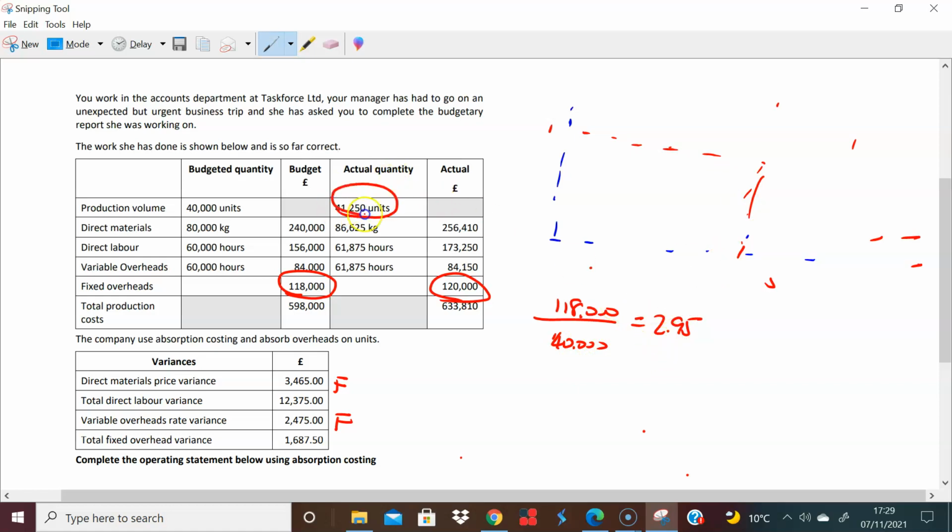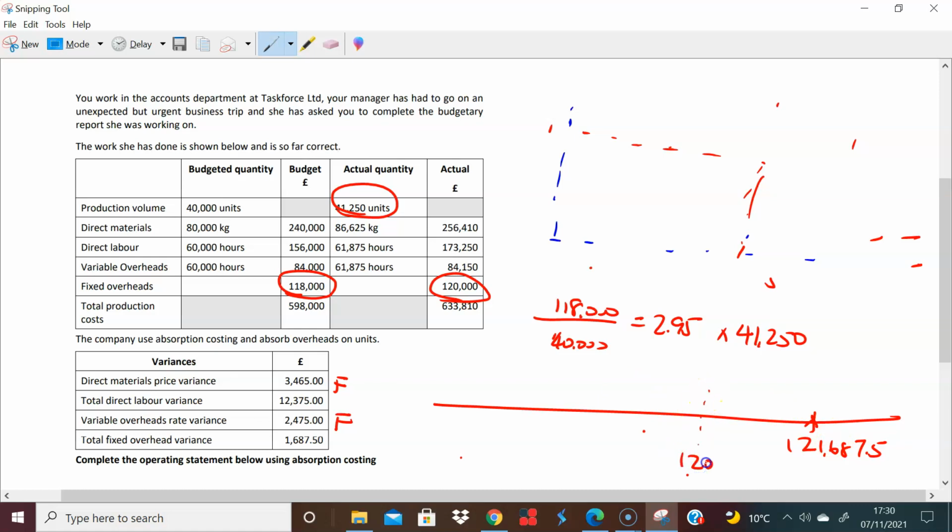So you make 41,250 units. So that's times 41,250 units. And so therefore, you've put into your system so far 121,687.5. That's what you've put into your accounts, if you like. That's the first point. Now, we know that what actually happened was that you had costs of, it says